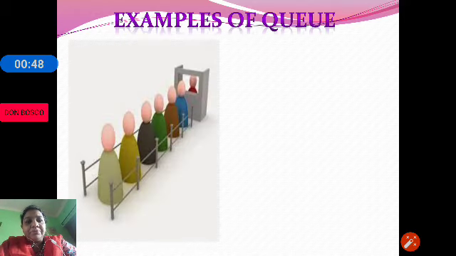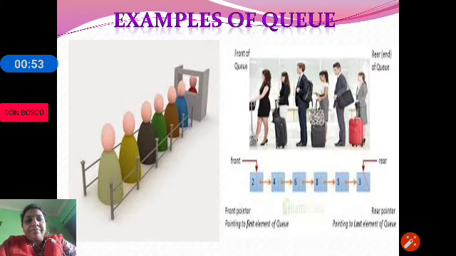Before discussing NQ and DQ operation, let us have a look at the queue. In our day-to-day life, in many places we have seen queues. Maybe in front of the movie theater where the tickets are issued, or in train stations or railway stations or airports where the clearance of passport is done or tickets are issued.